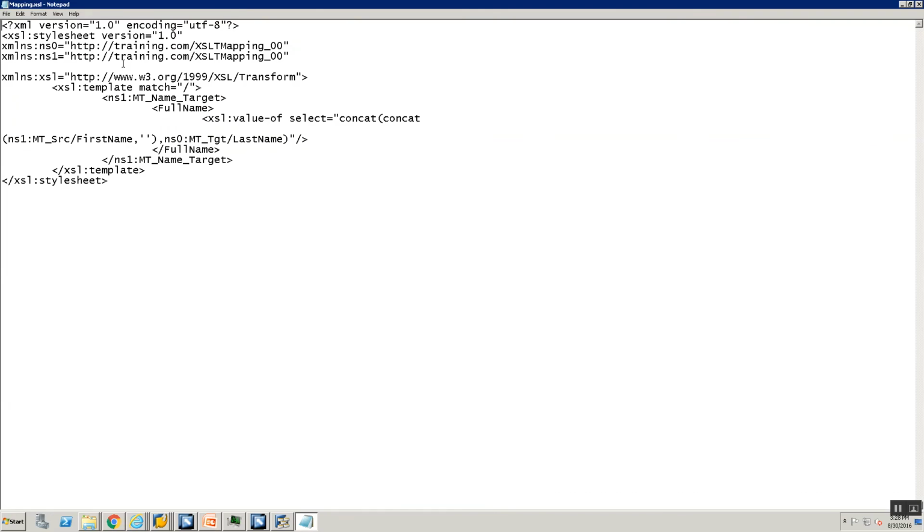First of all, XSLT mapping uses XPath, a standard way of coding. Unlike Java mapping, where you need to write the Java code in a special class, XSLT mapping, because it's an overall language for XML transformation, mandatorily expects the input to be XML, and the output will also mandatorily be XML. We are doing the same thing that we did in the Java mapping. We are going to get an input that has a first name and a last name, and we are going to concatenate them.